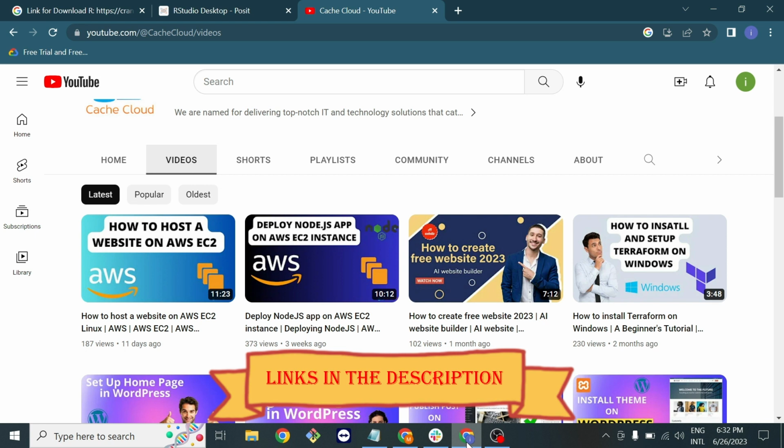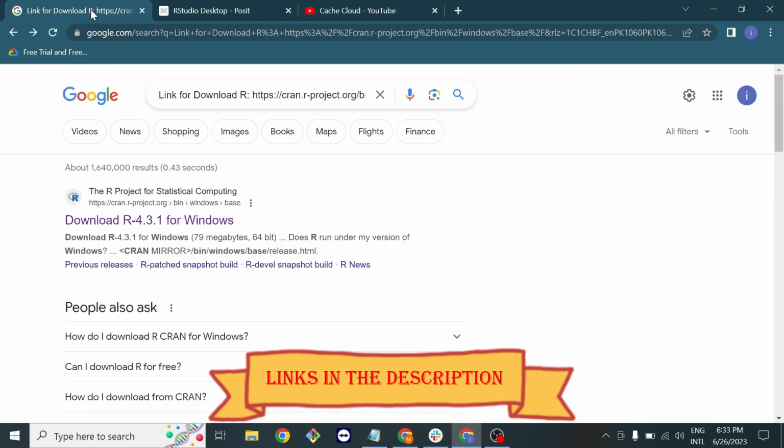So let's jump to the next process, which is download and install R and RStudio on Windows. So I am here on the link where we will download our R for Windows. I will give you both links in the description. You just copy and paste in Google Chrome and you will find that first link. Just click on it,